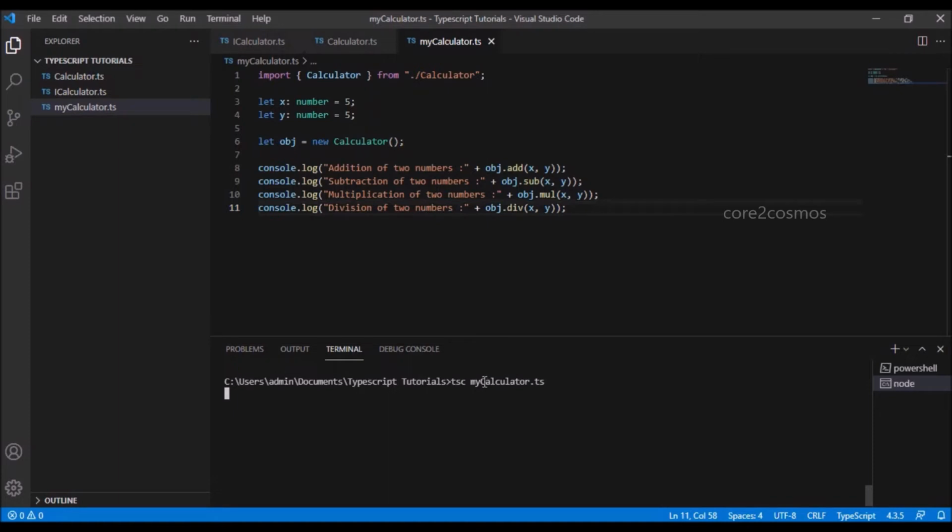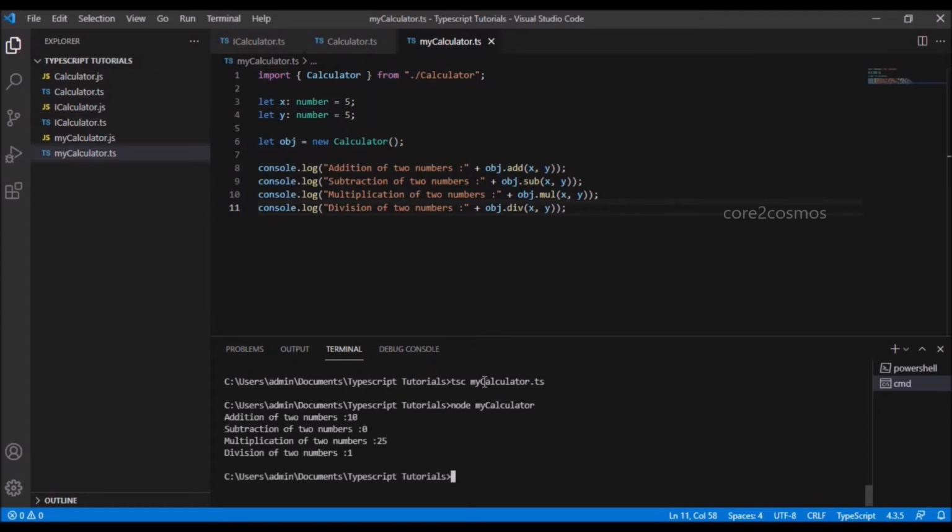Once I do this, it will create the corresponding JavaScript files, as shown on the left hand side in the Explorer. Now I say node space mycalculator and I see the expected output.